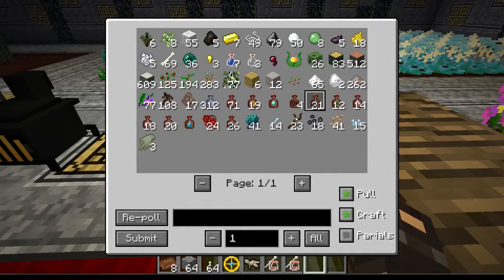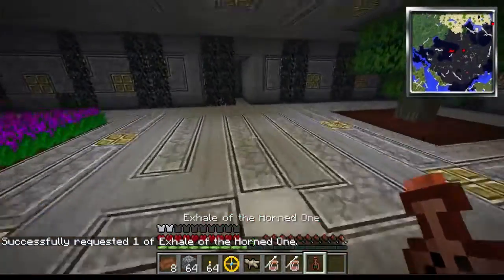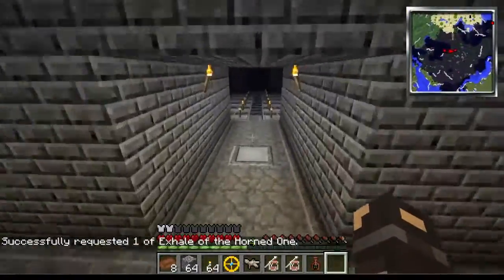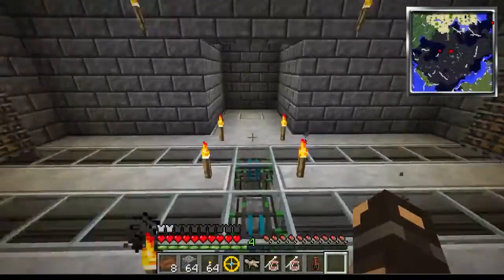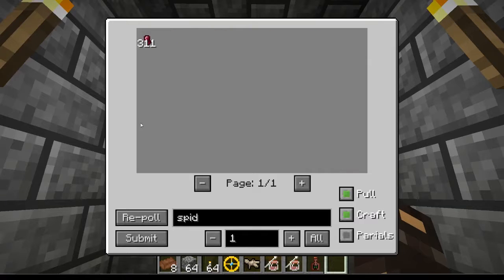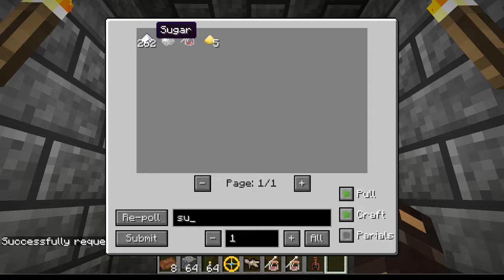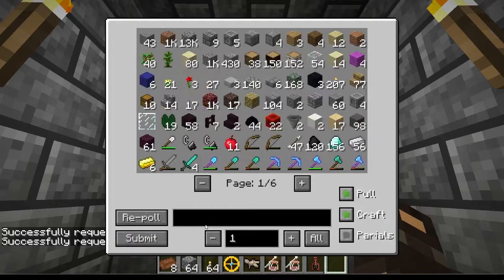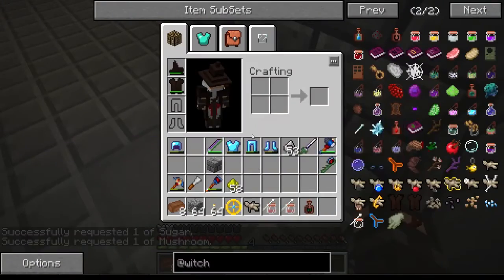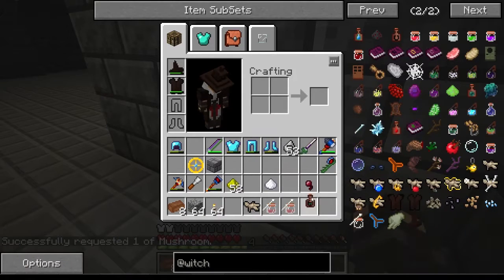Where is it? Of the horned one. Let's grab a bit of that. I think John is up working on the haunted house, as he might have saw in chat. So let's go up here, and we need a spider eye, some sugar. You can never spill sugar, right? And a mushroom, brown mushroom. There we go. So we have all of it. Yay! And let's go ahead and move this stuff out of the way